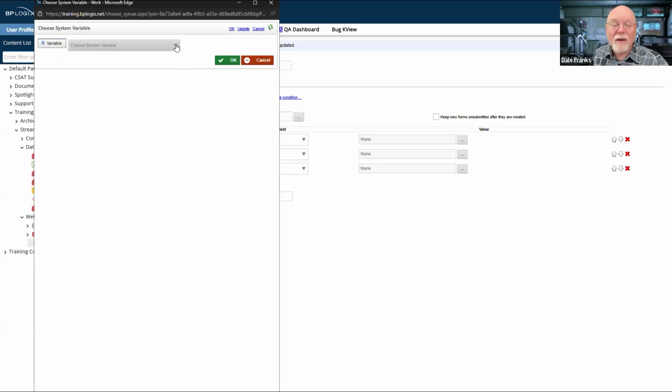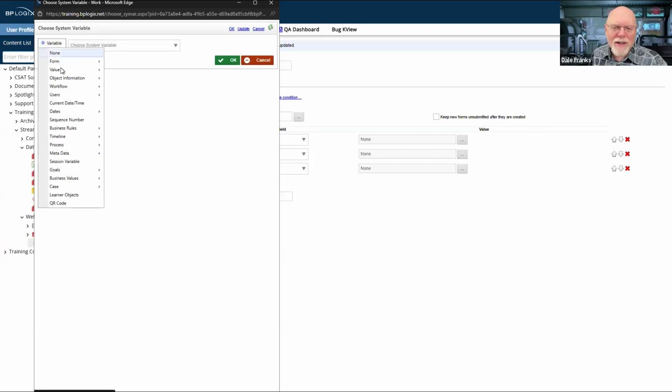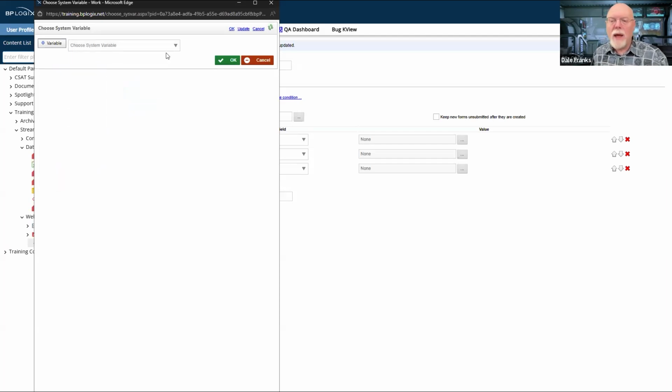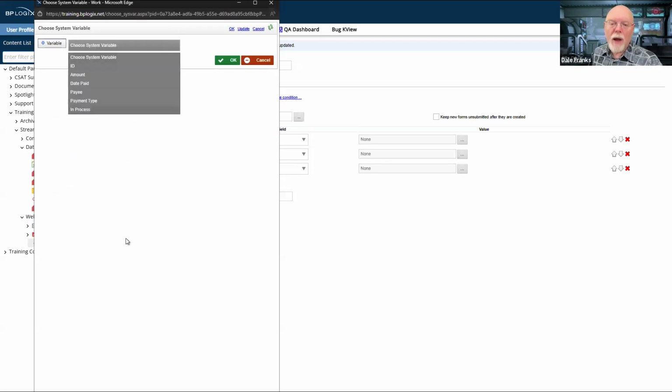So I need to select value and variable. And when I do, it's going to give me this drop down here. Now this drop down is just going to contain all of the fields that exist in our original data.